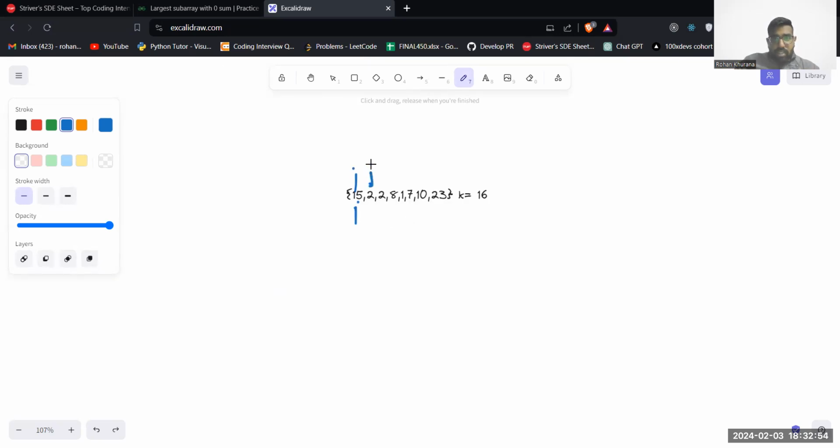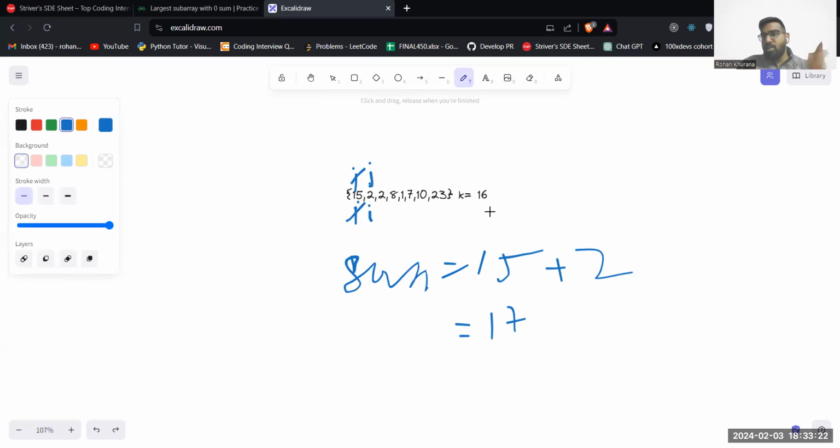J is here. Let's try to increase this j. Since we know that the sum right now is 15, so plus 2, I will increase plus 2. Oh, it becomes 17. Then I will do one thing. I will decrease my left pointer from here. I will basically shorten my subarray, because I know that